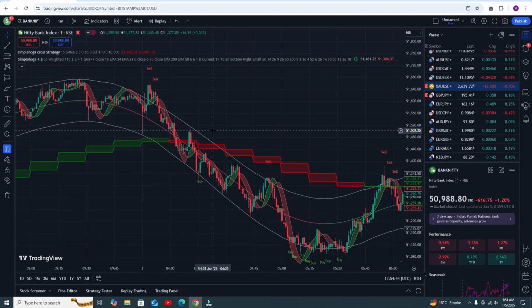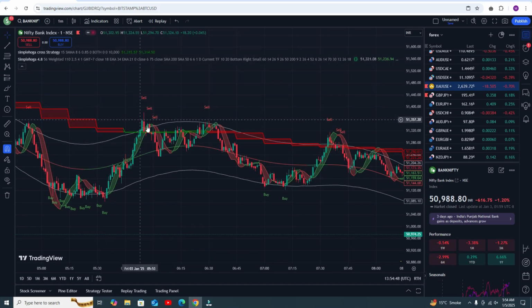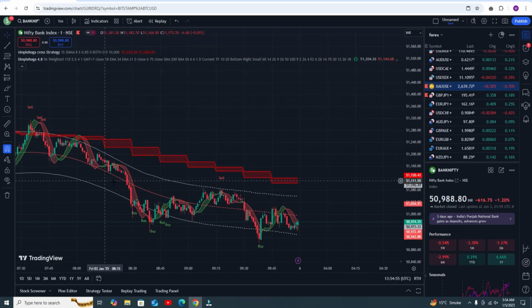Okay, and red one, now follow the sell signal. Oh no, this one is the buy one. Okay, from this one, sell signal, sell signal. Now happy, and hopefully the Indian market will be happy after seeing the result that the indicator is working perfectly fine on the Indian market as well.